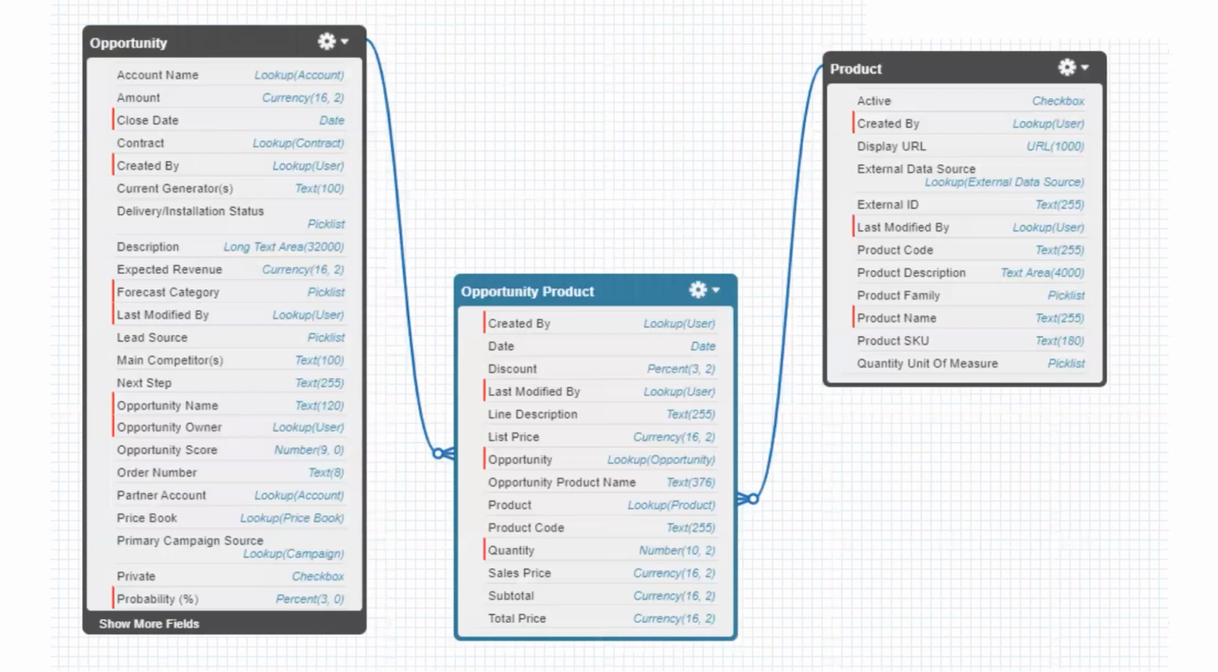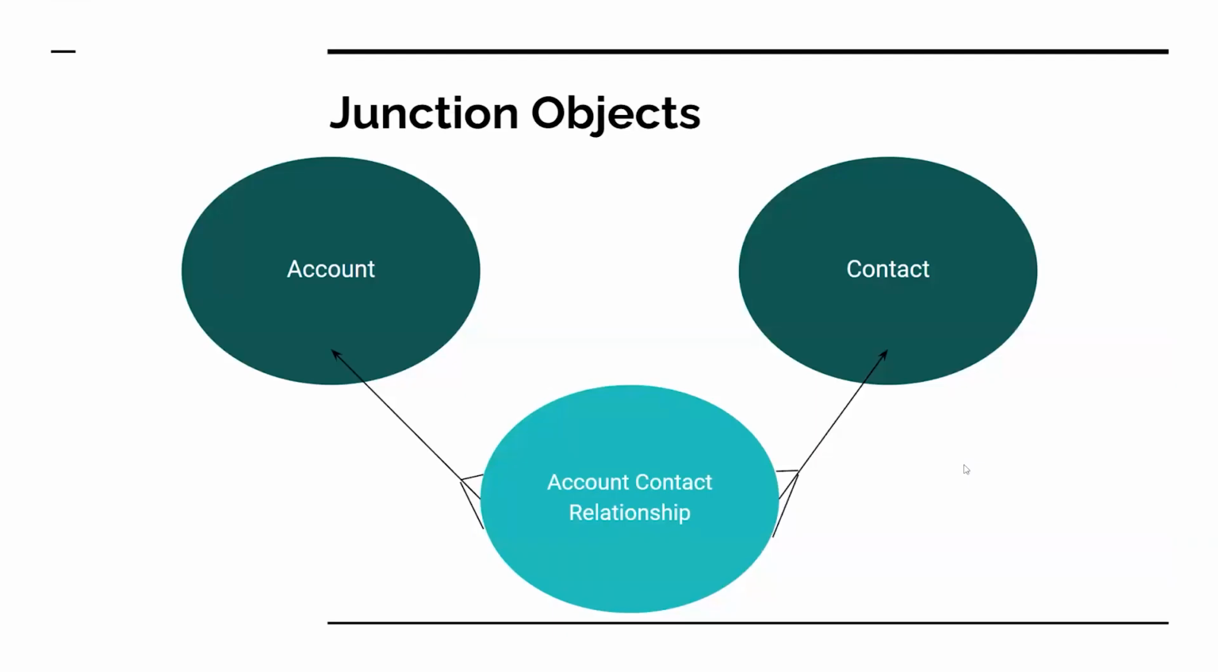If we look here, this is in the Schema Builder. You can see we've got the opportunity, the product, and then the man in the middle, opportunity product. And if we look here, hopefully you can make it out, you'll see this is actually a lookup to the opportunity, and then once again, a lookup to the product. So another example of junction objects